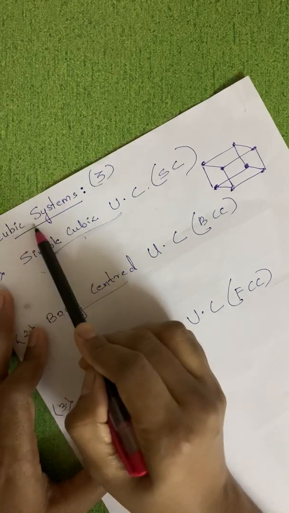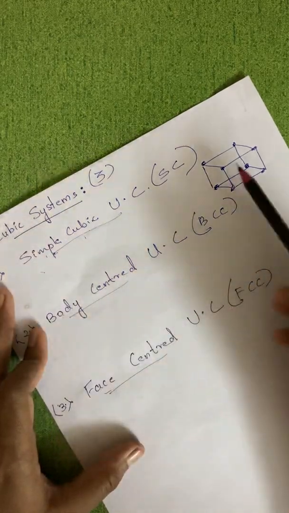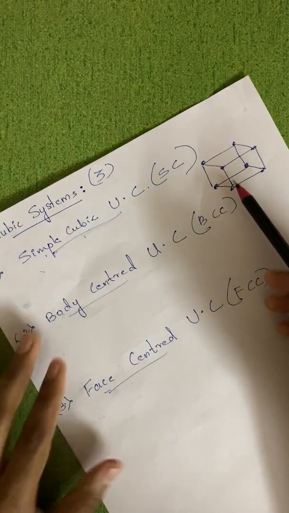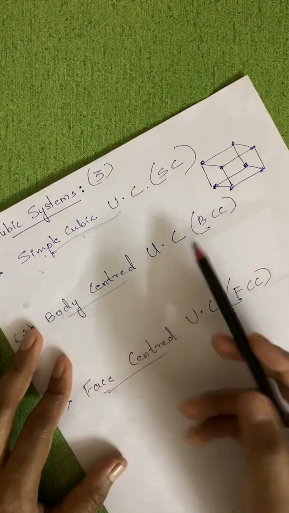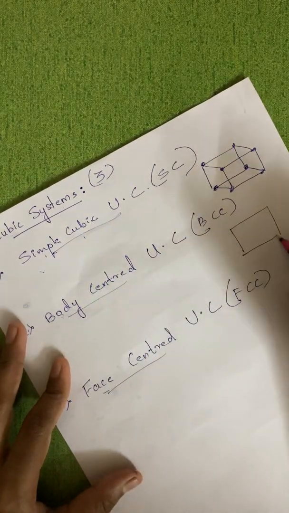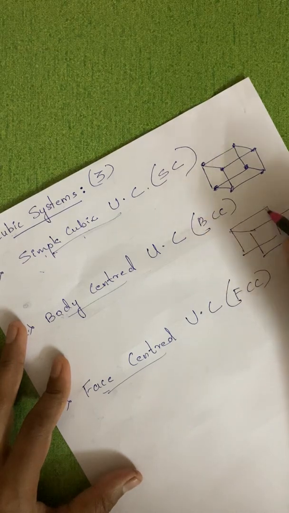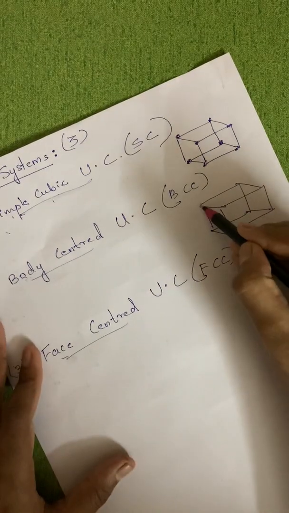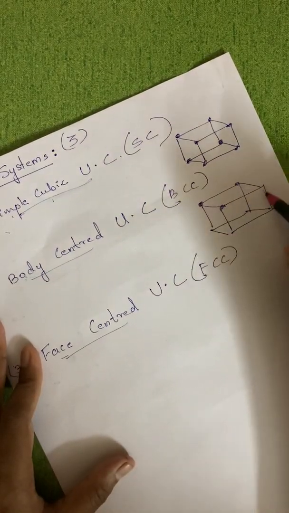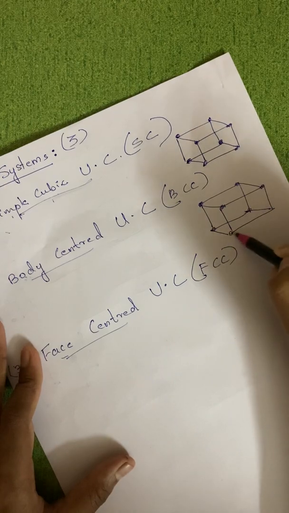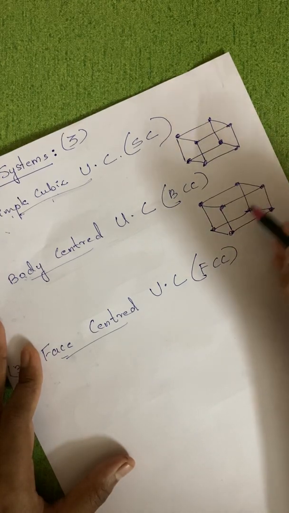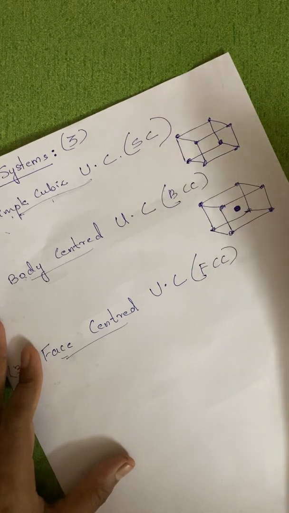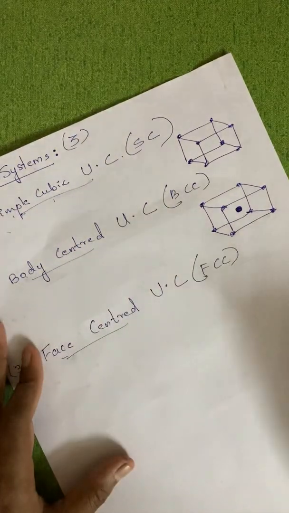For a cubic system its edge length will be the same. That means all the sides will be equal, or we can say it is a. Now talking about body centered unit cell, since it is cubic, the edge length will be the same. They will have the constituent particles at each corner. In addition to it, there will be one particle in the middle of the structure, and that is referred to as body centered unit cell.